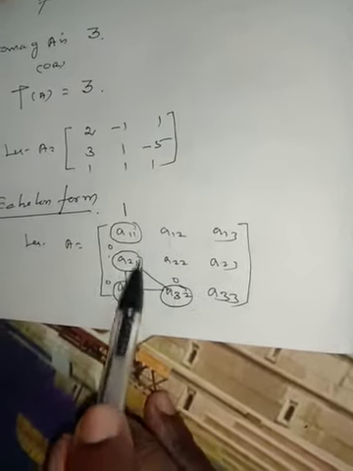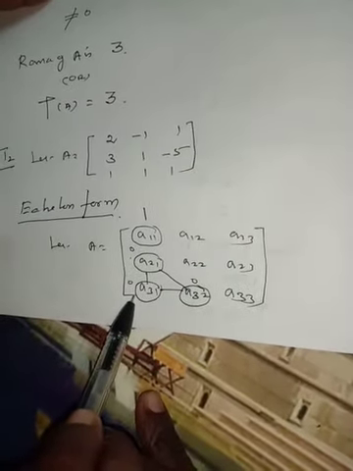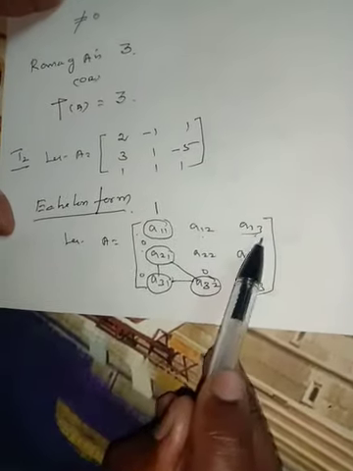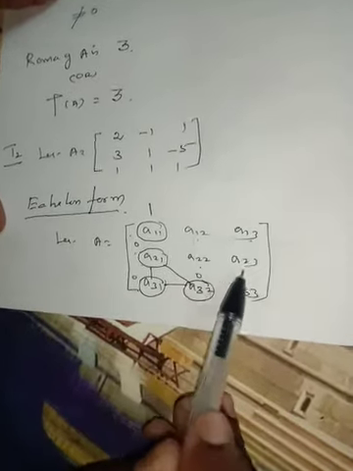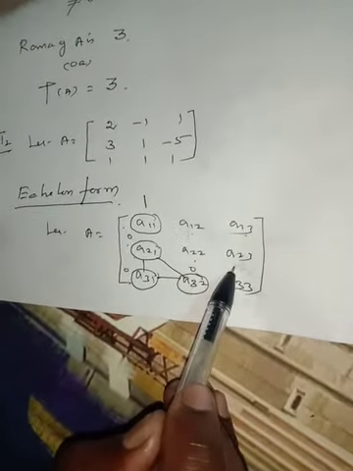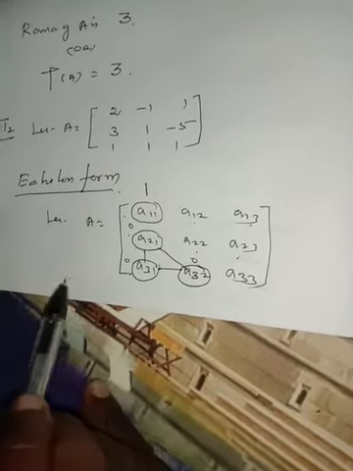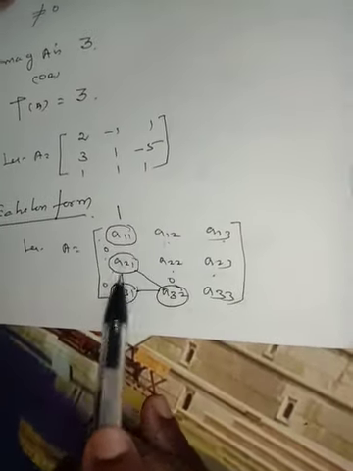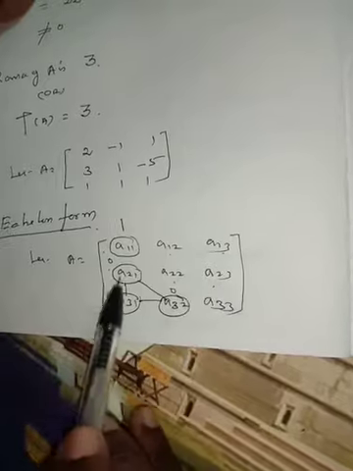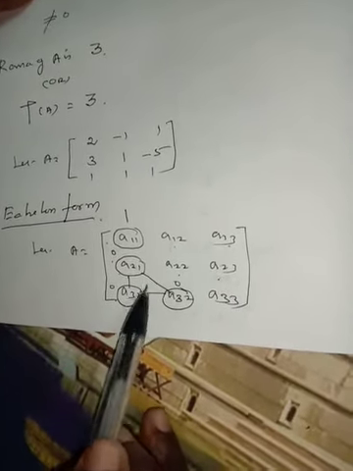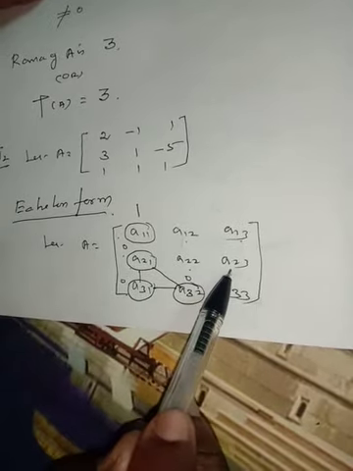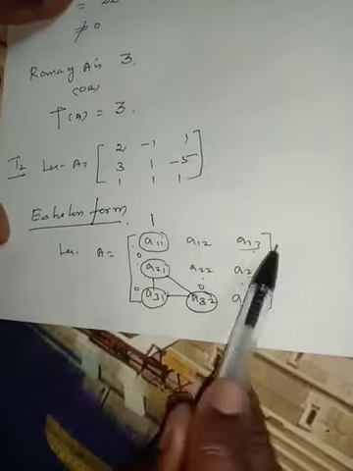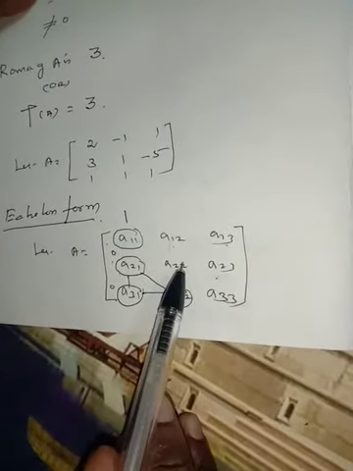If not, suppose first row A11, A12, A13 not equal to 0, A21, A22, A23 not equal to 0, and the last row all are 0, then rank will be 2. Then minimize or change row wise, column wise. The second row fully 0, that is A22, A23 and A33 are 0. So number of non-zero rows is only one row, the first row. Therefore rank will be 1.